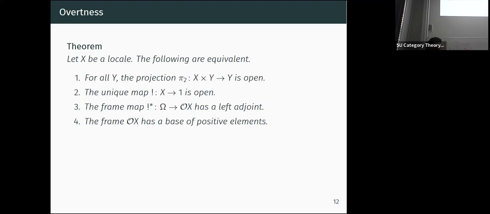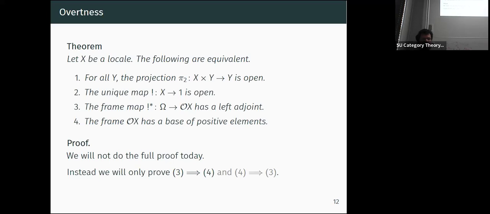I'm not going to give you the proof in this lecture. Again, you can look at my lecture notes. But what I will do is prove that 3 implies 4, and then we'll see if we have time to do 4 implies 3, probably not. So I'll show you that if this unique map from the initial frame into the frame of opens of our locale